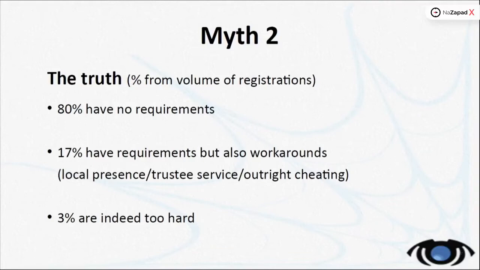But mostly it's not a problem, because registrars want to sell more domains, so they give you different options to have different data, not yours, sent to the registry, and then you can still own these domains. There are 3 ways of doing this. One is local presence, so just some of the contacts, let's say the admin contact, is from the registrar. Sometimes it's free, sometimes you have to pay a little extra. When they actually own the domain for you, so the full registrant data is the registrar's, it's called trustee service, which is a little heavier option. And you also have the option of outright cheating, which is often the best one.